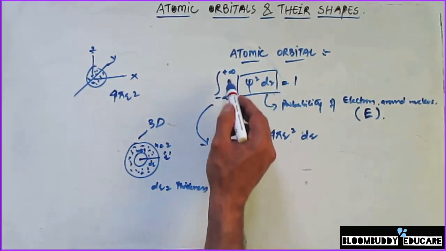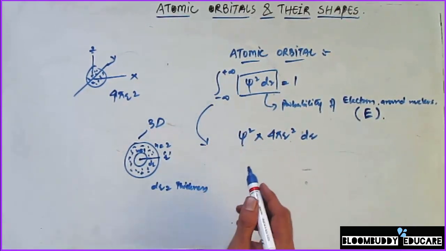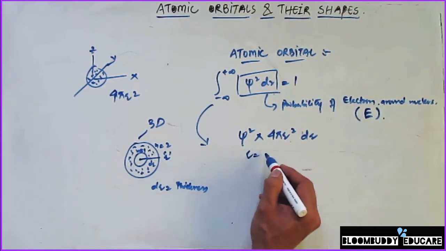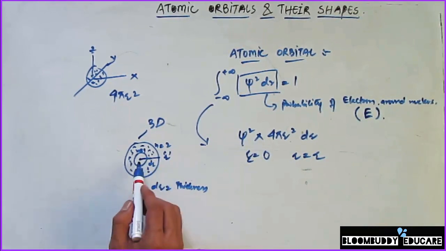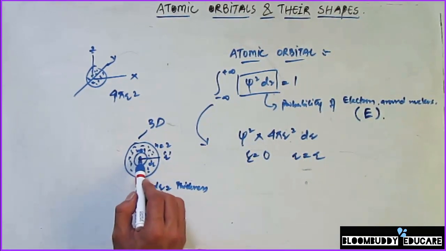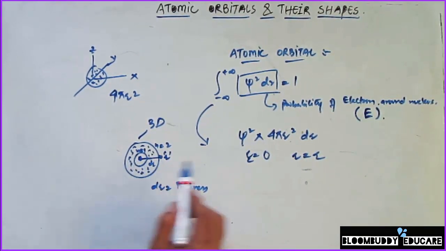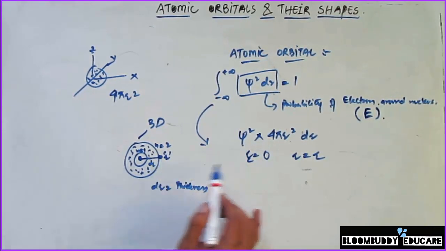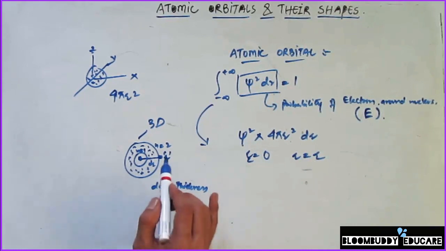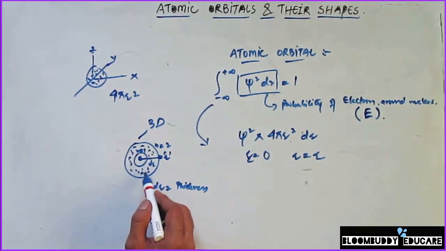in that case what is going to happen is the integral values are going to be converted from r is equal to 0 to r, when the distance is r, to the maximum distance. So I'm considering distance from this position to this position. At this position r is going to be 0, and at this final position on the top of the shell the value of r is going to be equal to r, and it has a thickness of dr.